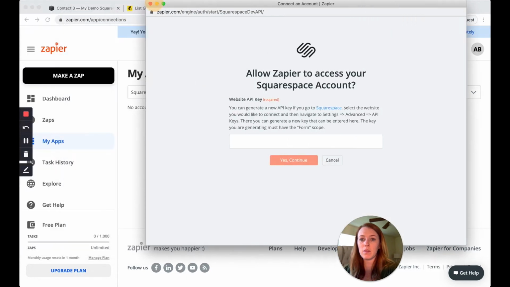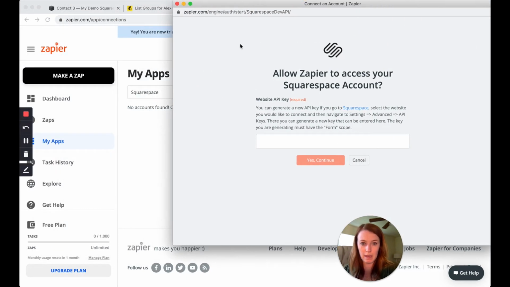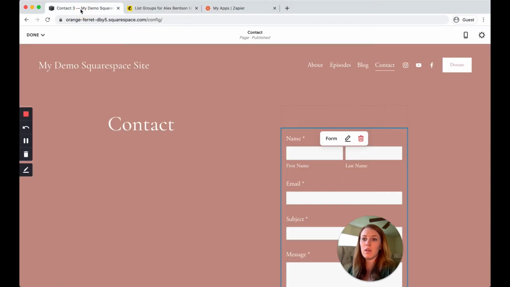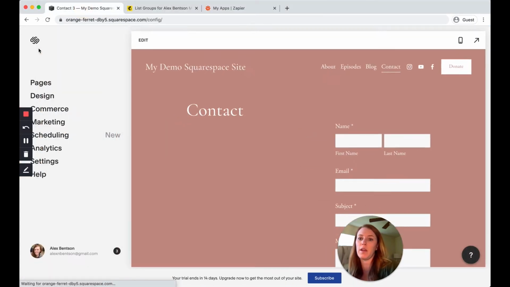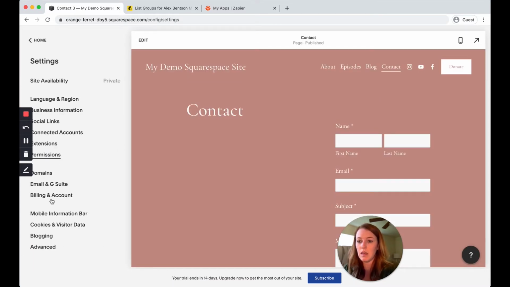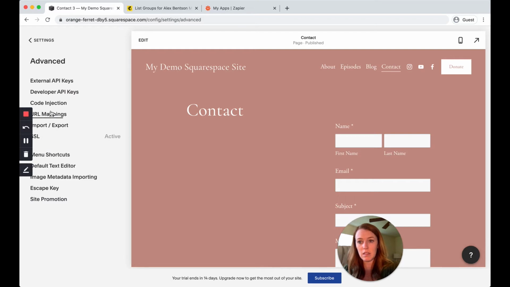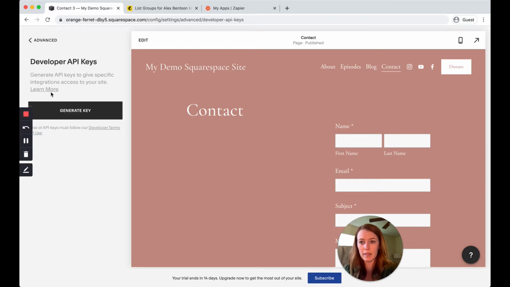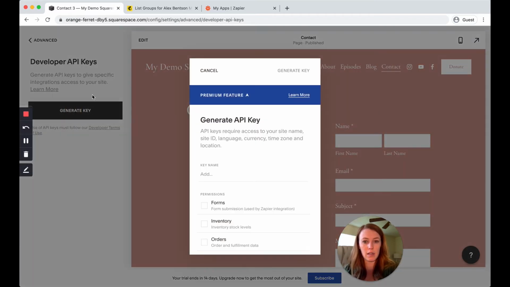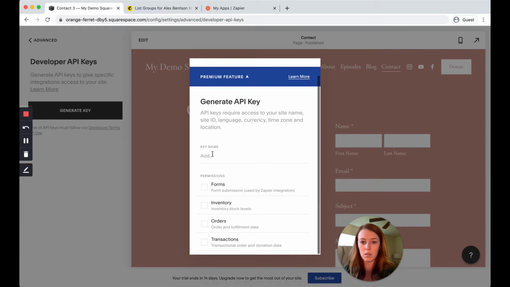And then here's where I'm going to want to enter my API key to connect Zapier with Squarespace. So I'm going to save these changes. Actually, we didn't save. All right, here we go. Go to Settings on Squarespace. Then you go to Advanced. Then you go to Developer API Keys, and you generate an API key. So I'm just going to call this Mailchimp